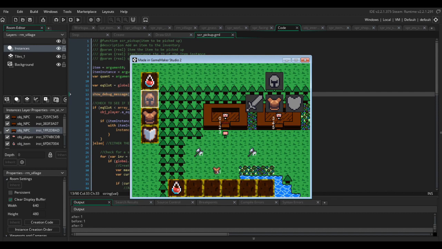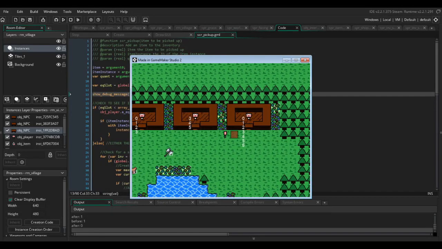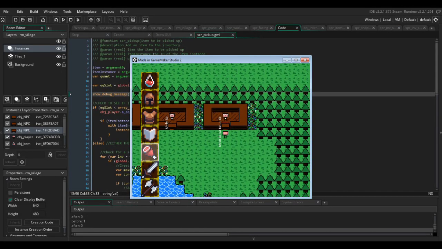So let's buy a helmet. We've just bought a helmet and equipped it. Let's buy a second one. It's gone into our inventory. Let's buy a shield, another shield. This guy doesn't have any weapons, so let's leave him. Let's go to the master shop, the guy that has everything. Let's buy ourselves an axe